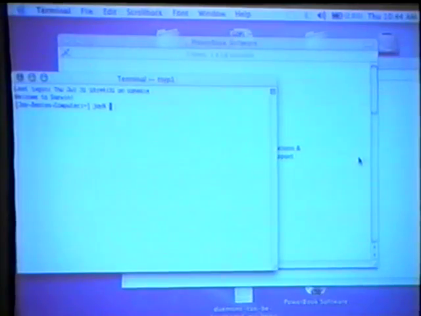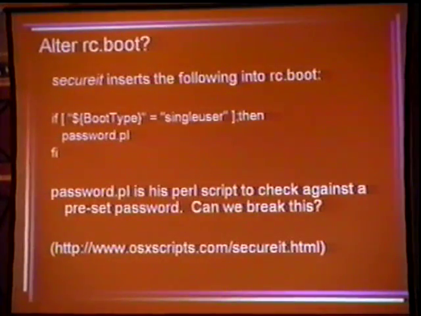So let me show you what you can do to stop this Open Apple S thing. If you look in Apple's documentation, in the /etc/ttys file, it says you can put insecure on the console line, and it will not do this. I've tested that, and that's wrong. If you put insecure on the console line instead of secure, it still boots to single user mode, no password required or anything like that.